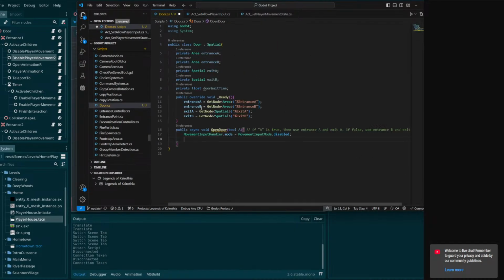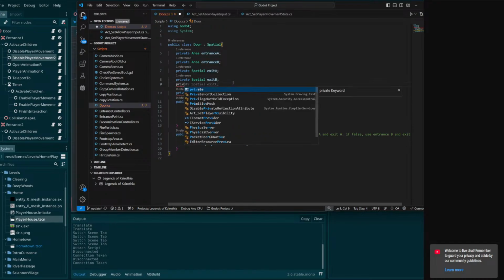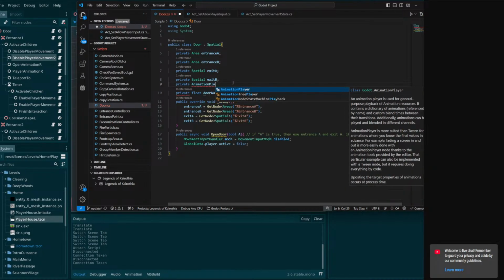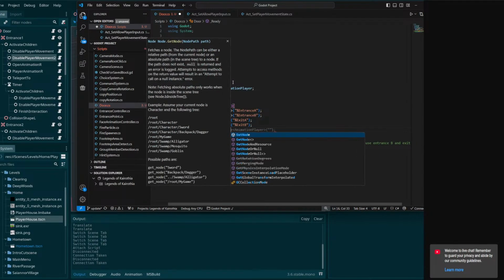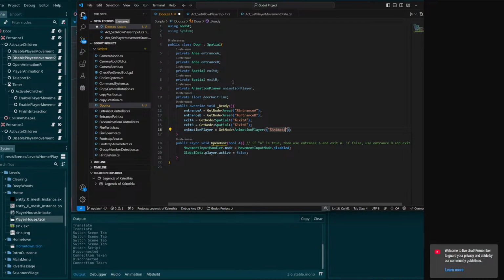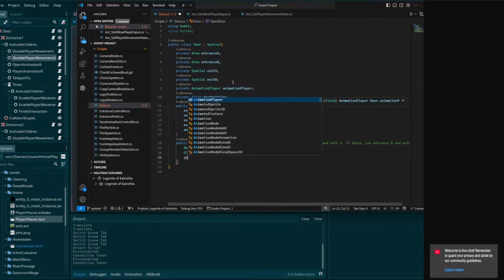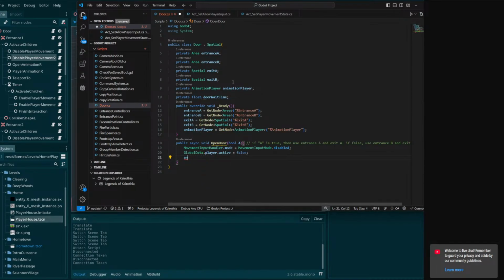Oops, didn't mean to do that. If using entrance A,